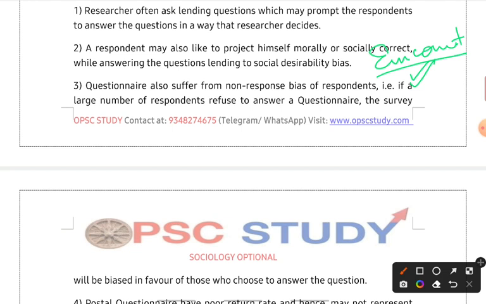Rather, in his own self, he would have been saying, no, encounter is very good, it gives on-the-spot results, so it is very good. But as the question is asked, he sees that it will be checked by the researcher again. Remember the Hawthorne effect that we studied in participant observation. He knows that this question will be checked by the researcher, so he will try to give a morally or socially acceptable answer.